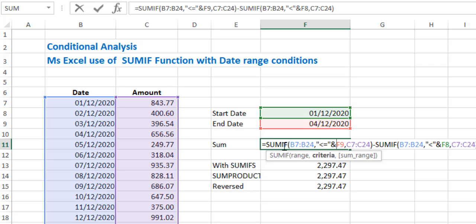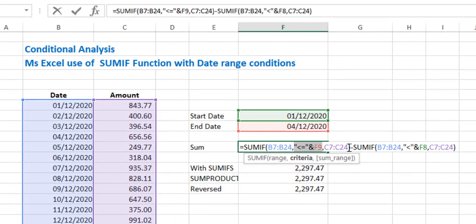SUMIF function is used. The blue range B7 colon B24, this range is given this criteria, to see that if it is equal to or greater than the value, and this F9, the F9 is here, end date, comma C7 comma C24, and this again we given the same value, and the minus is used between these two